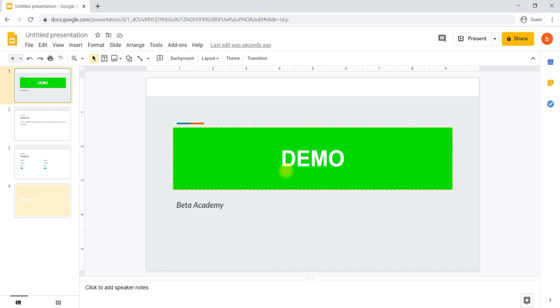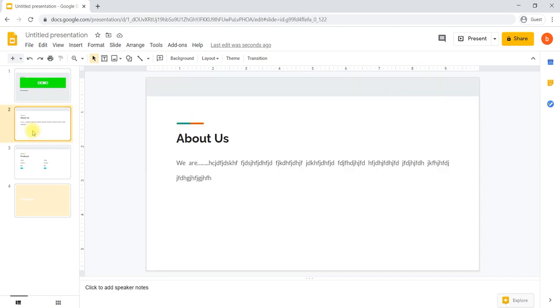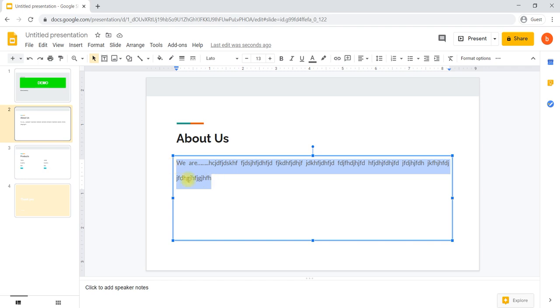Apart from that, there is indent. Indent is nothing but moving the entire paragraph a little bit to the right. We can say here increase indent. By increasing the indent, we can move the entire paragraph to the right hand side of the margin of the box. Again, decrease indent will bring it back to the original. These are the two things used to change the structure of the paragraph.